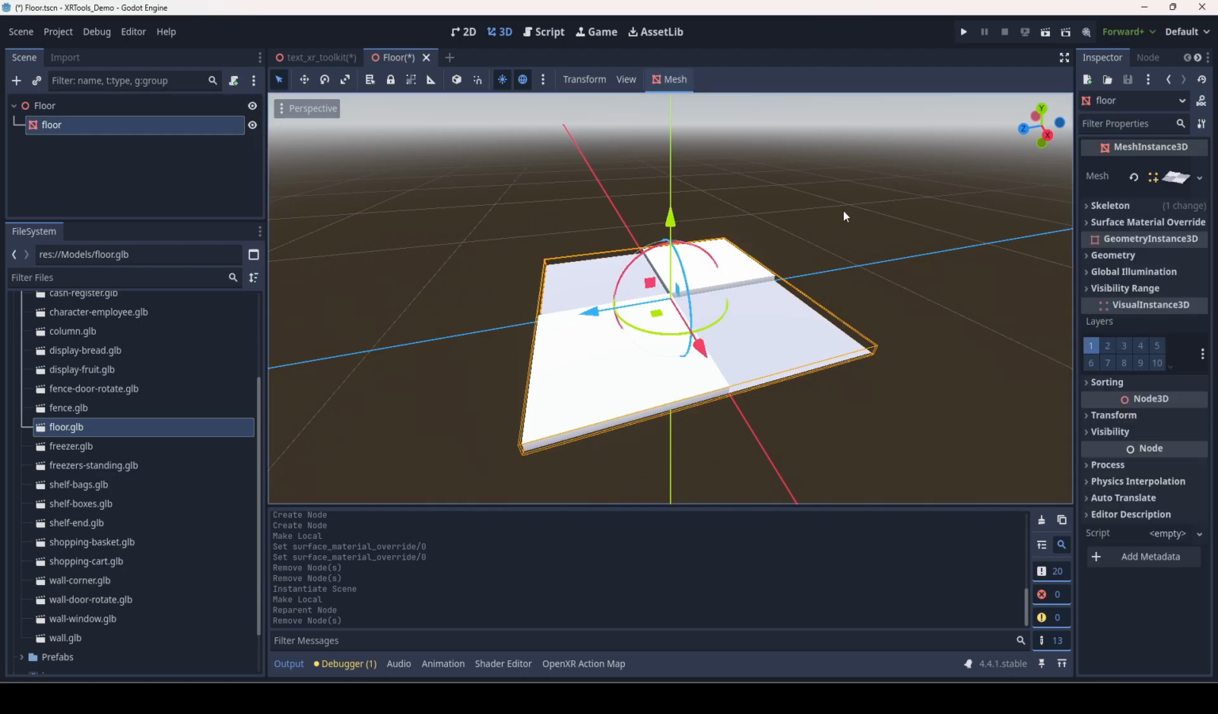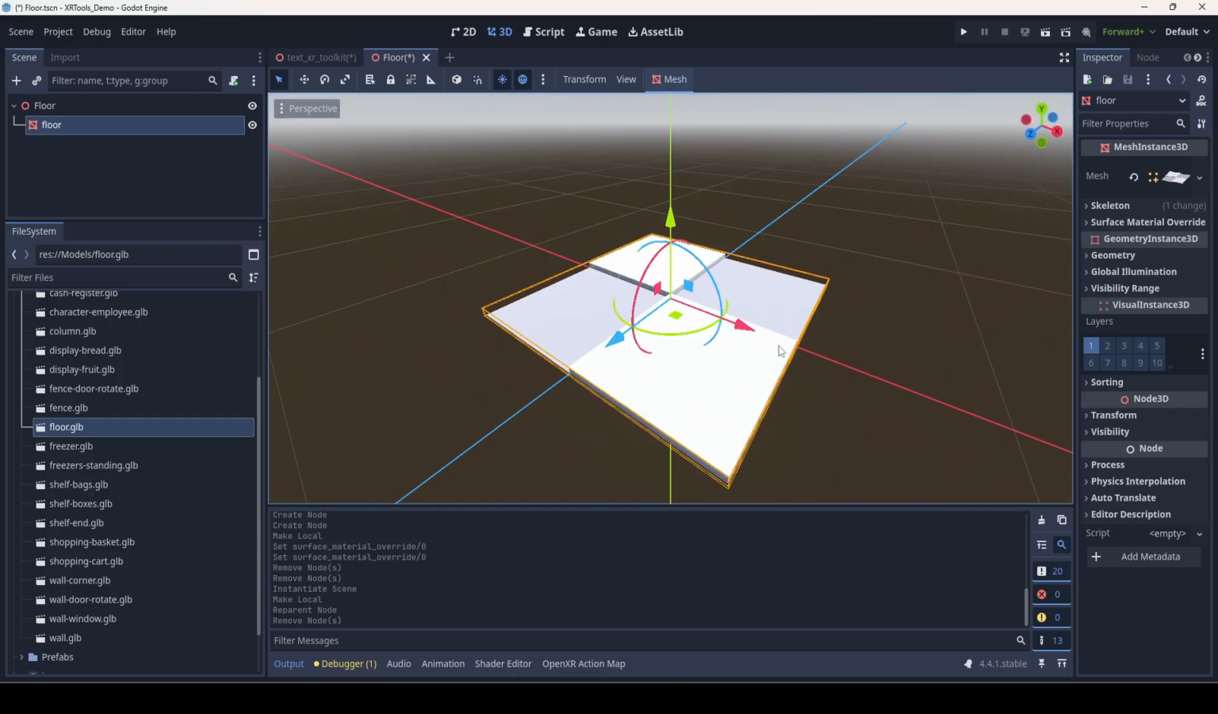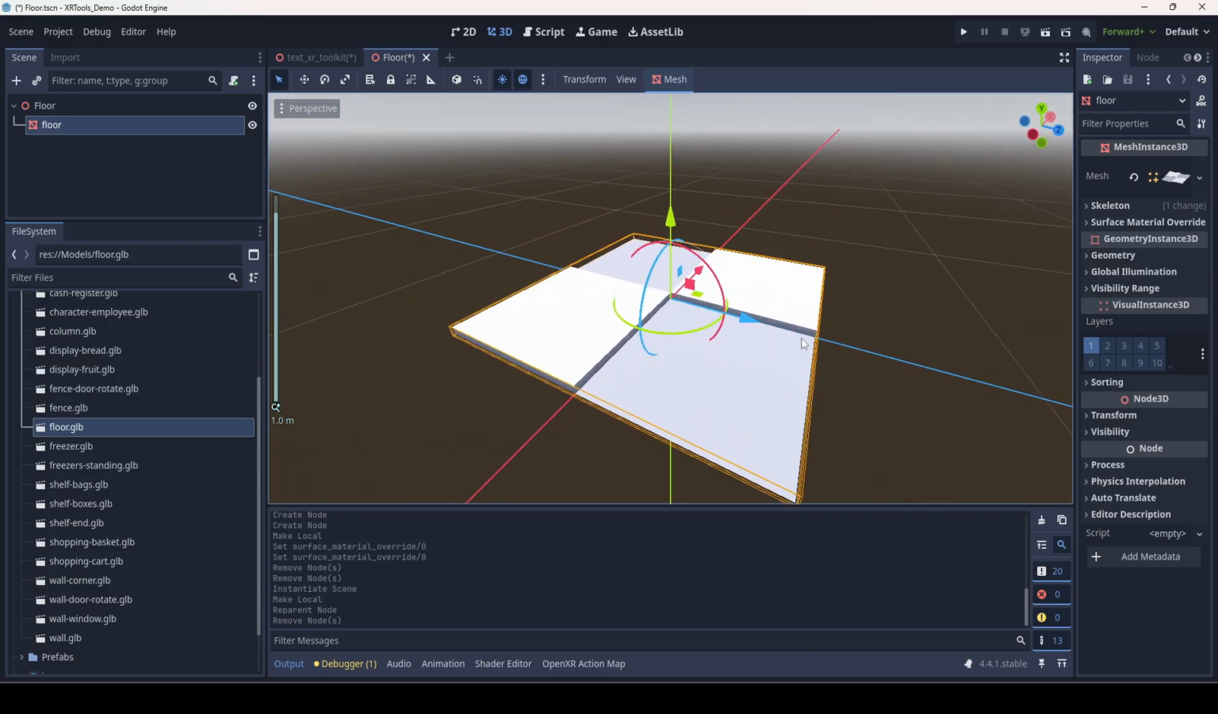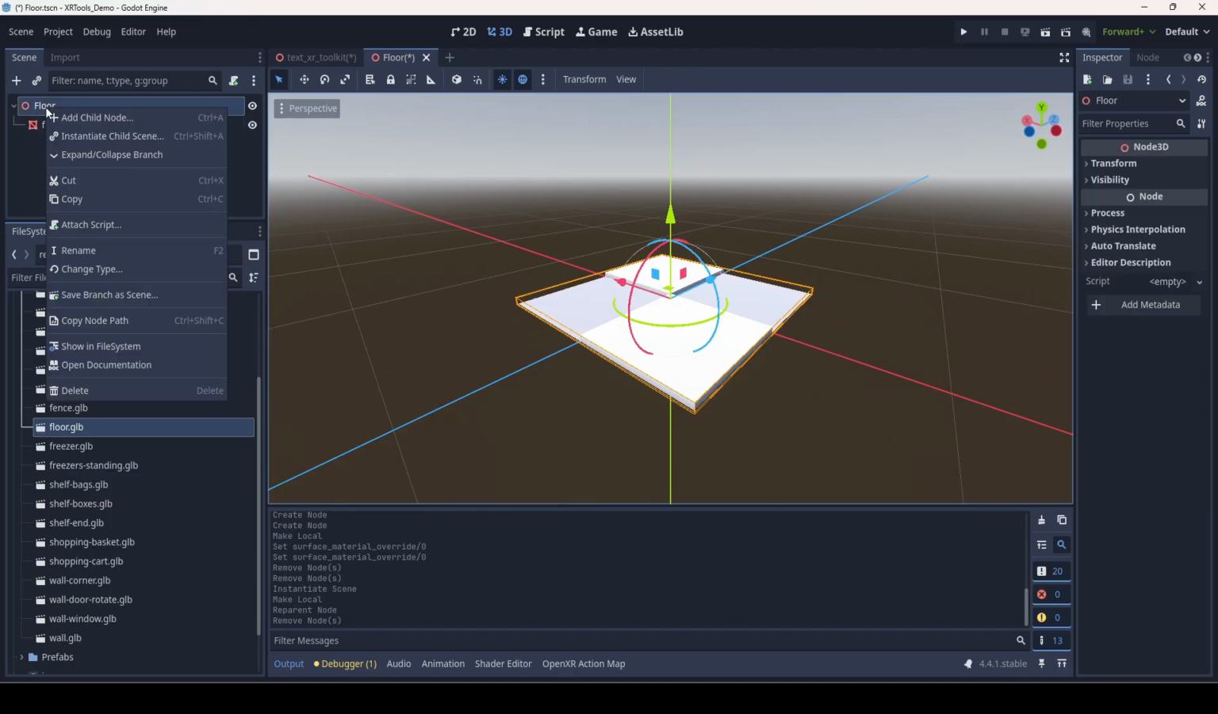And so now I'm just left with this type of node called a mesh instance 3D. And a mesh instance 3D is just a 3D model with no physics. So there's one more thing we need to add to this prefab before it's going to be functional, and that's a collider. So I'm going to right click on the root node of floor. I'm going to add a child node,